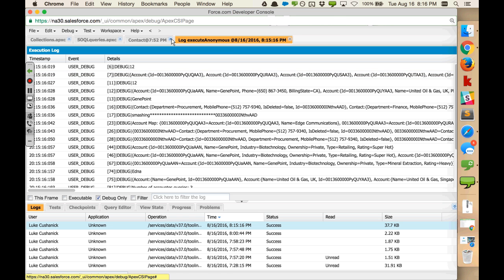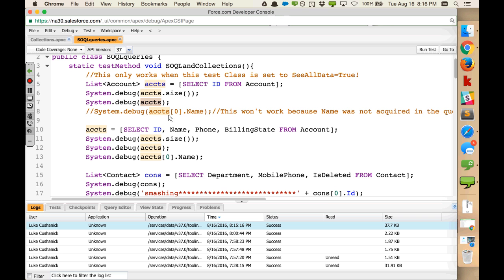Close a few windows here to keep it clean. And then I have a line commented out here to demonstrate that if I try and use Apex to return a field from accounts that's not in my query, that it will not work. So as soon as I attempt to do this and run it,